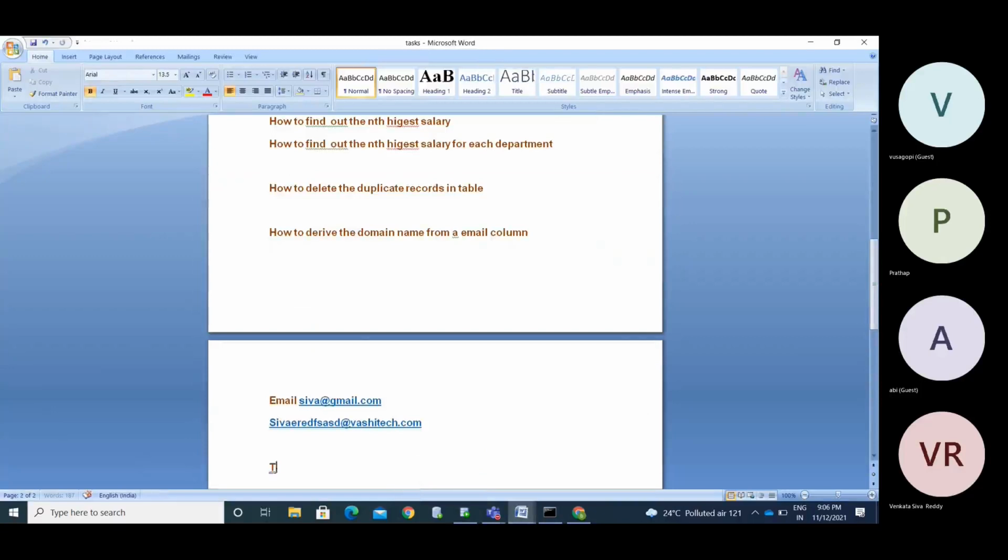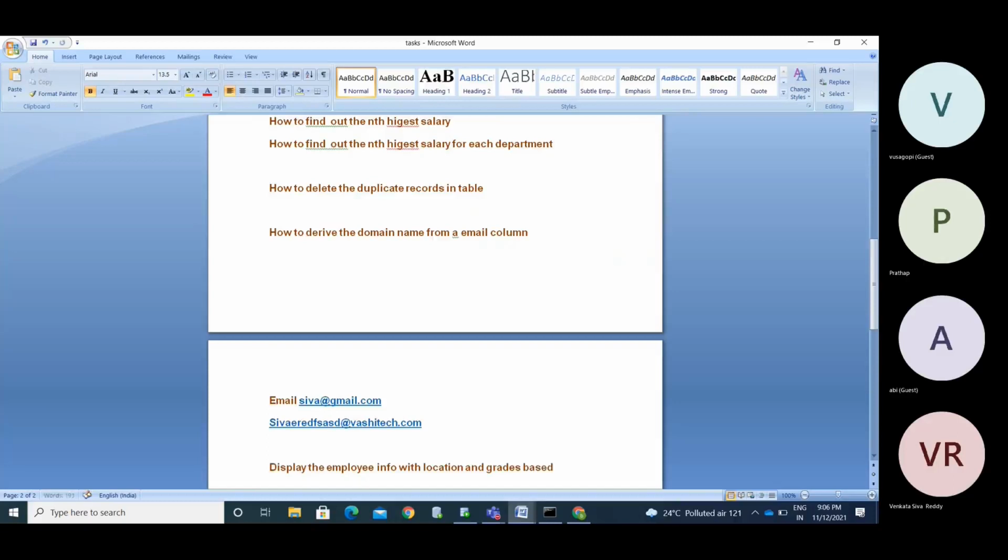Display the employee info with the location and grades.